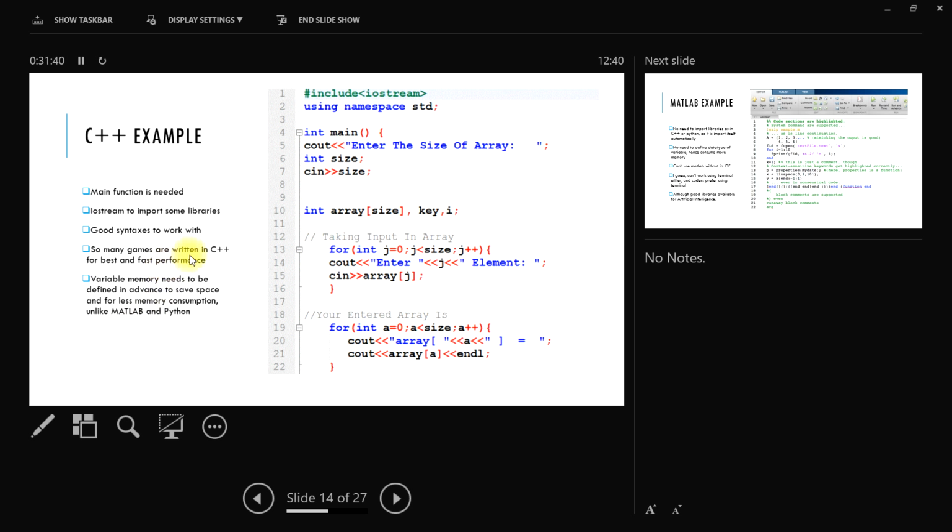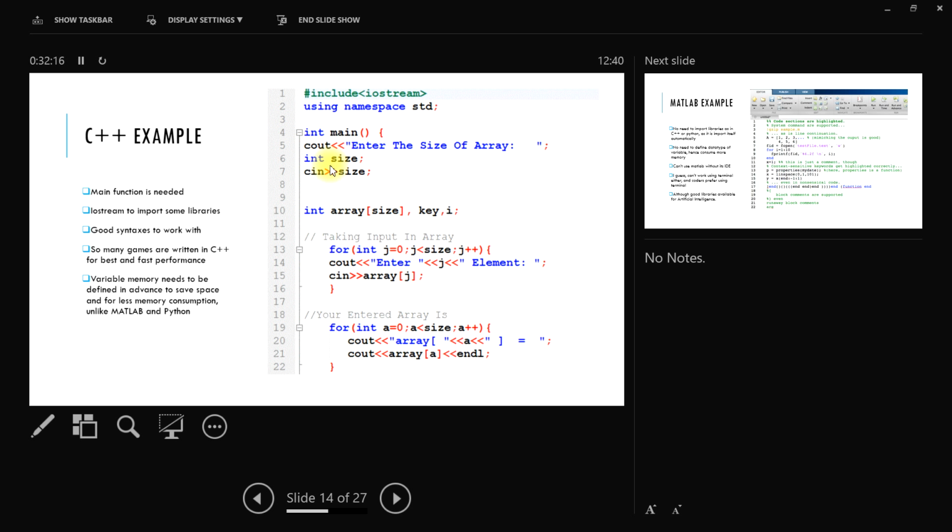So, gamers use it for the performance. It is as fast as Fortran. Another thing, it is similar to Fortran. If you want to declare a variable in MATLAB, you just write a name. Suppose we take count as a variable name, and you can give it the value 5, and that's it. Count equal to 5 in MATLAB, it's easy. But over here, it's not like this. You have to mention a few data types, int, size. Are you familiar with this thing, or should I explain a little bit?